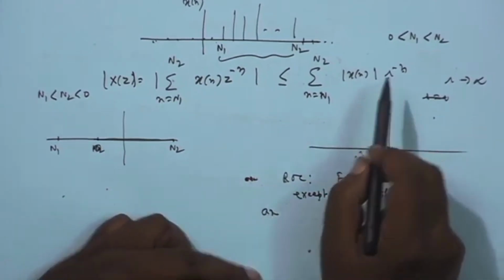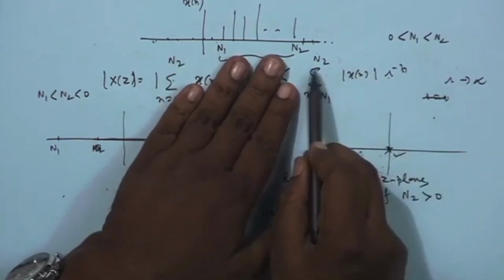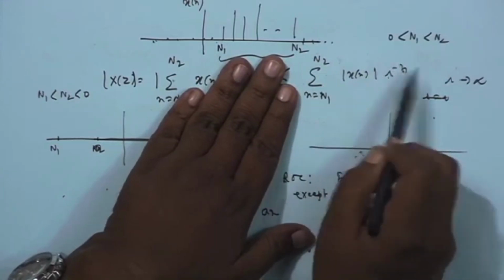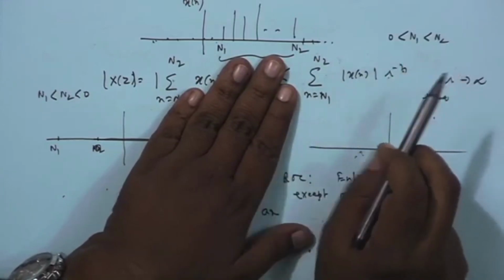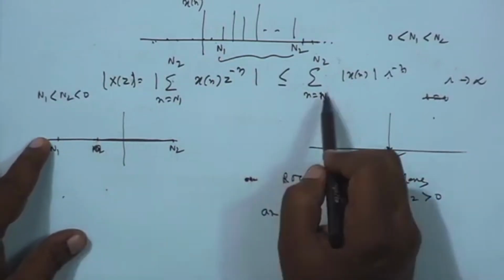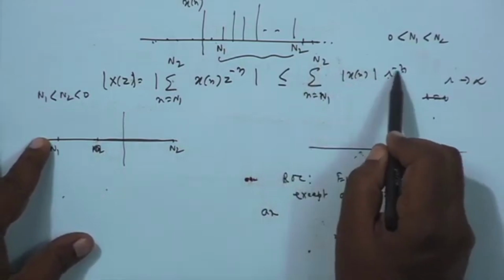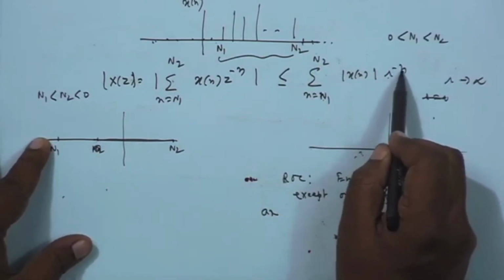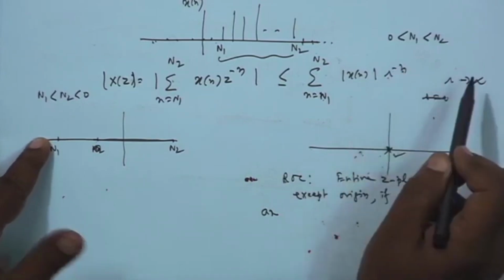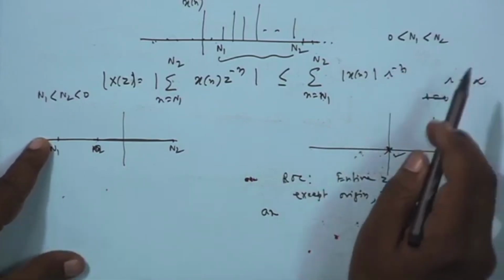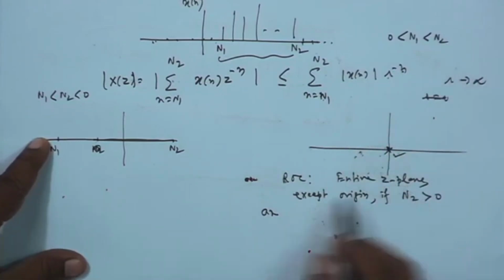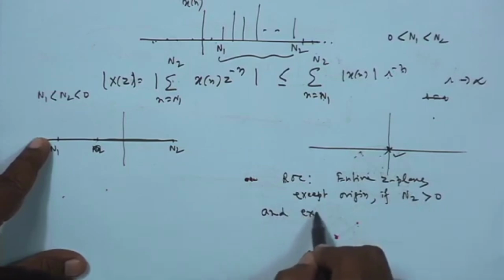And in that case, that is if n1 and n2 both are on this side, r equal to infinity is no problem, because negative power of infinity will be 0. So, that does not cause a problem. On the other hand, if you have got n1 and n2 both on this side, they are negative. So, actually small n taking a negative value means minus n takes a positive value. So, r to the power some positive number; here r equal to 0, the origin, is no problem, but r equal to infinity is a problem. So, in one case the ROC is the entire z plane except the origin if n2 is greater than 0, and except